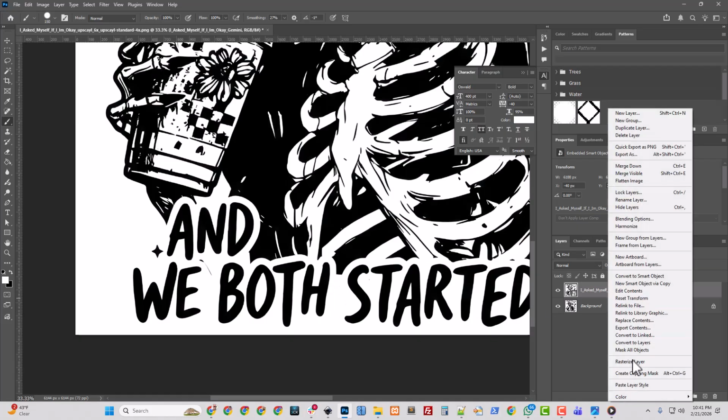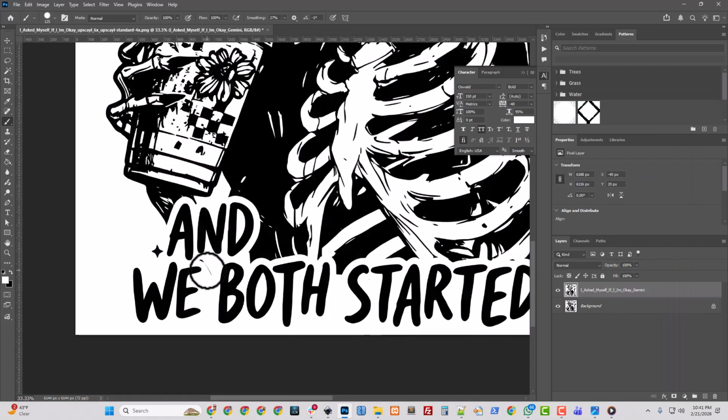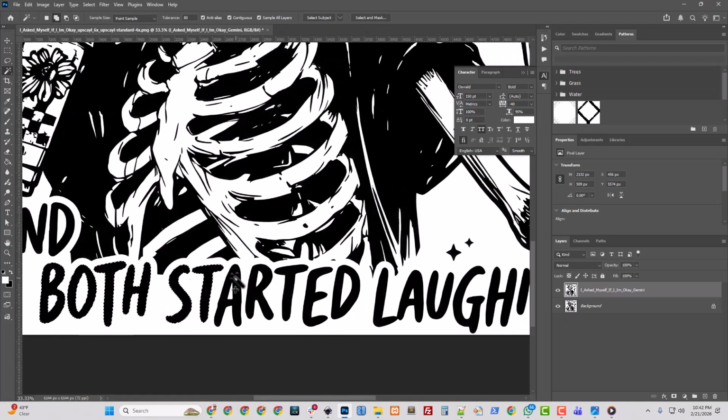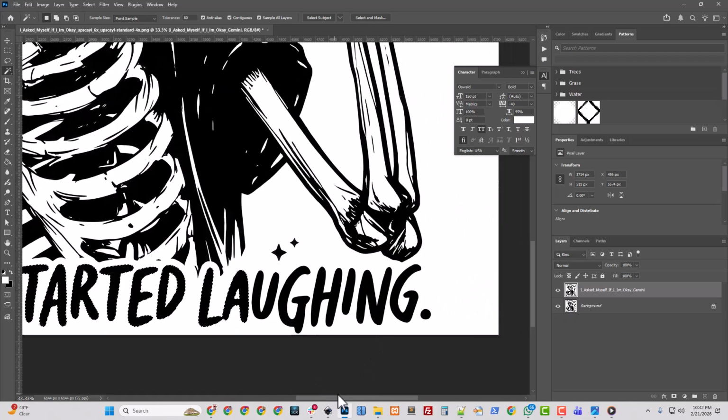There's no reason to preserve it, and we'll paint out little weird things like that. Then we'll select all the text. I have special plans for this part, so let's ignore that for now. I'm just going after all the letters. I've got 80% in contiguous, so I should be pretty good. I'm getting a good selection here.